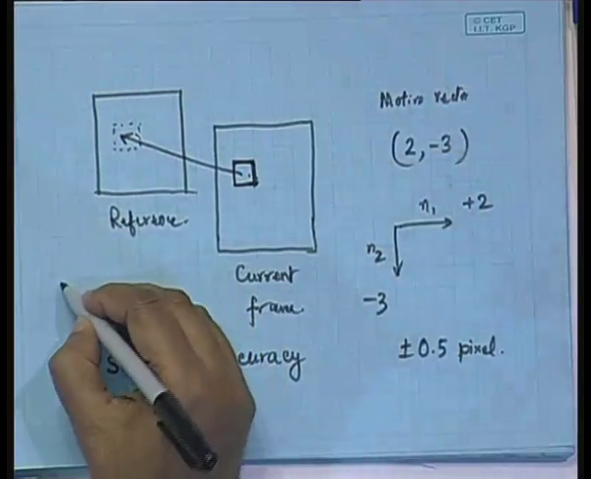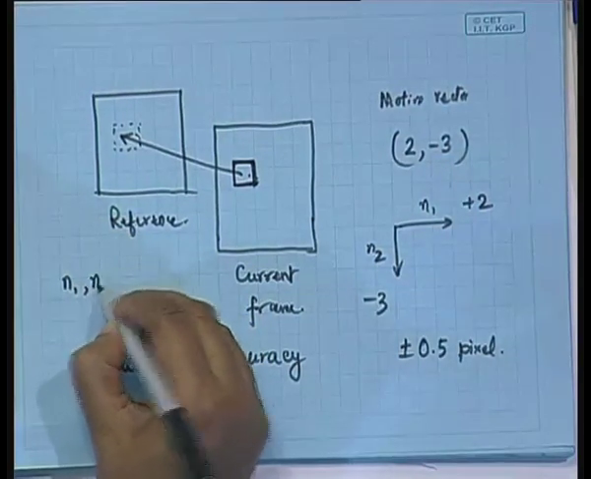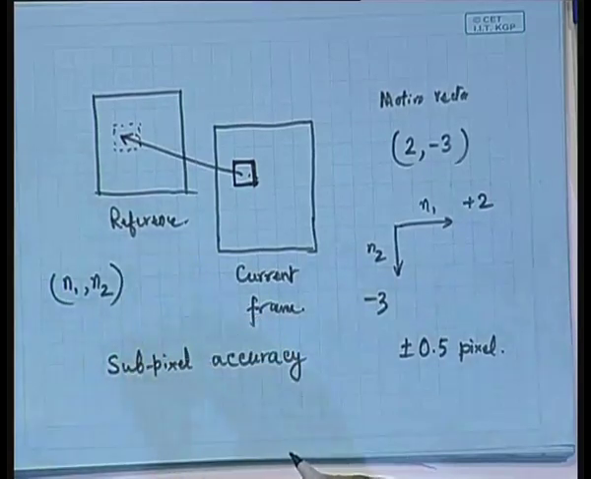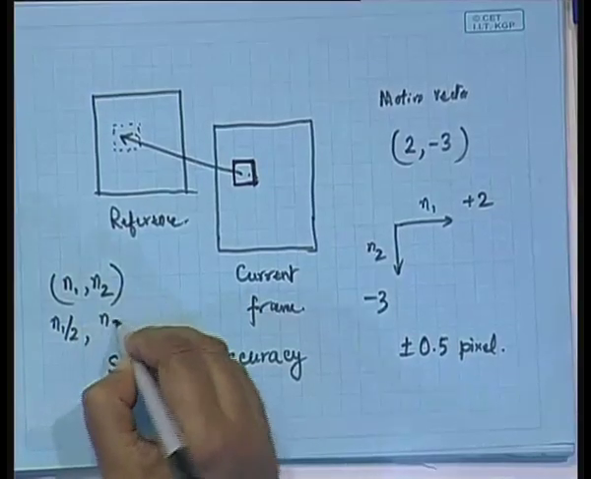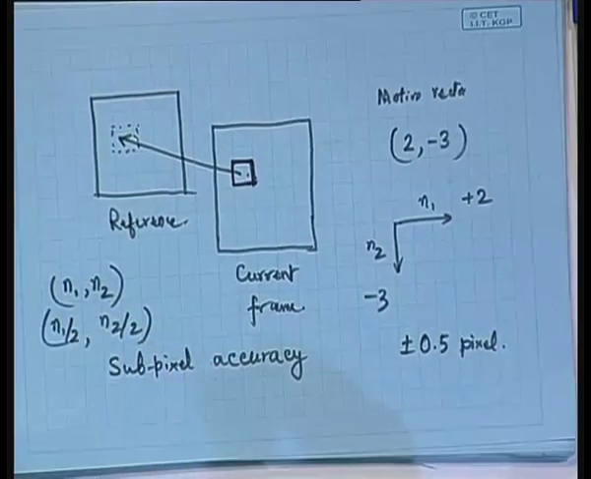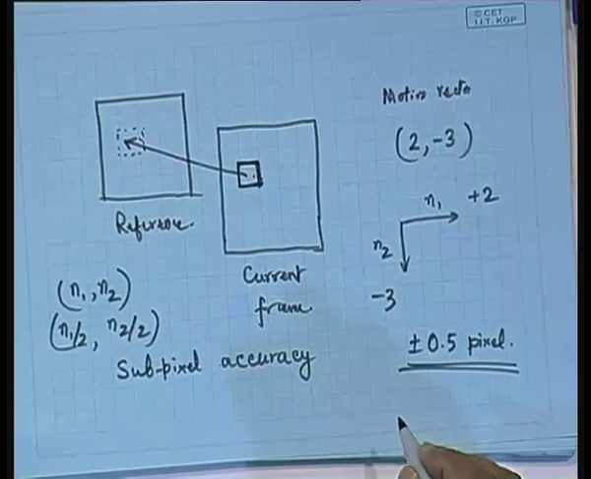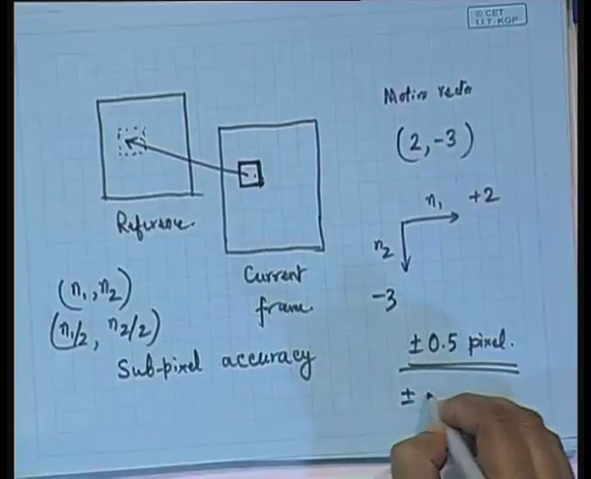So, which means to say that if the motion vector that I obtain is (n1, n2) in the increased resolution space, then in the original resolution space my motion vector will be (n1/2, n2/2). So, if n1 happens to be 1, then n1/2 happens to be 0.5. So, I can have sub-pixel accuracy. This is in this case a half pixel accuracy, and now this can be extended to make it quarter pixel accuracy,